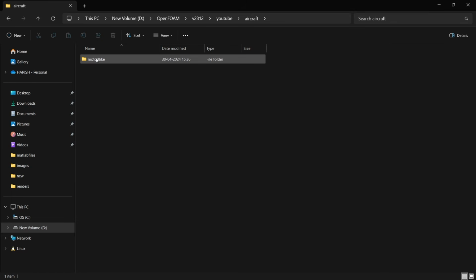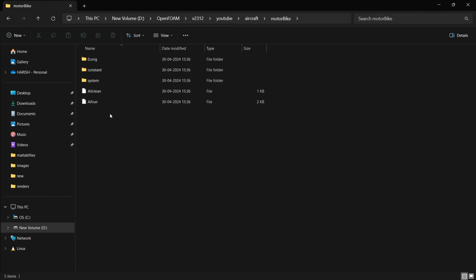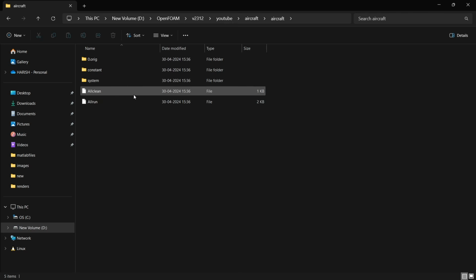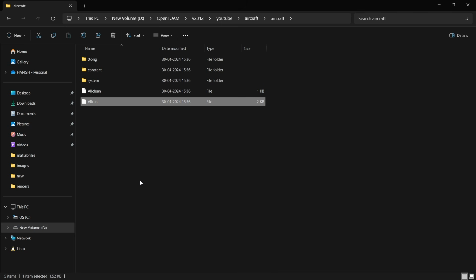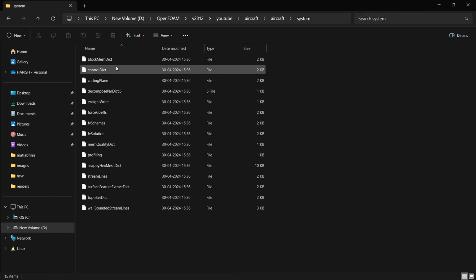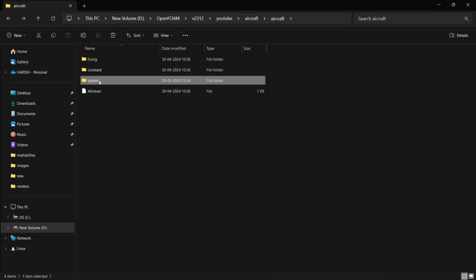Okay, I have this folder here and what I'm going to do is rename it to aircraft. In this we have the default files. We do not need the all run file, so I'll delete it. In the system we have so many files which are not actually necessary for this demonstration, or in most simulations, you do not need all of these files. So I will just change it to